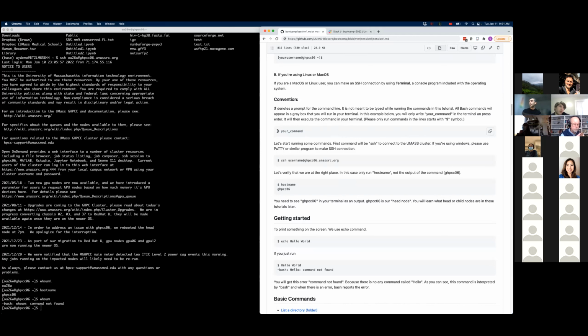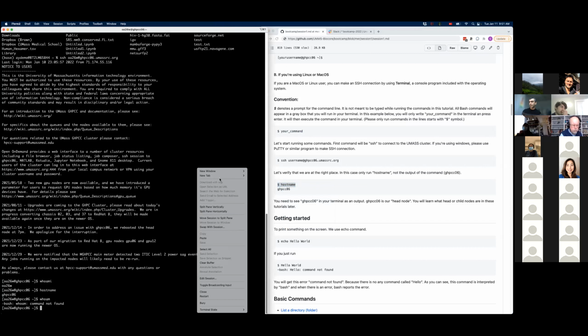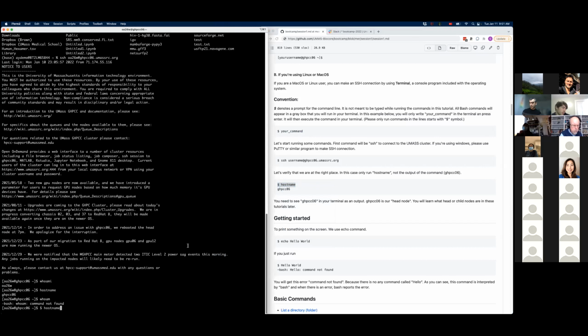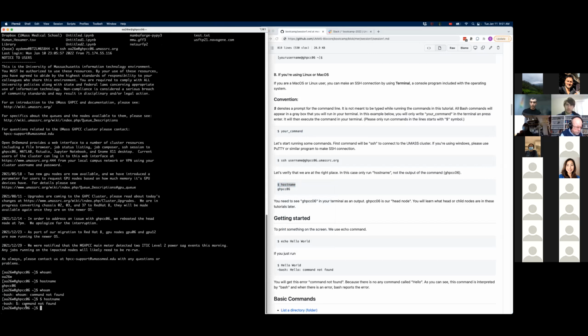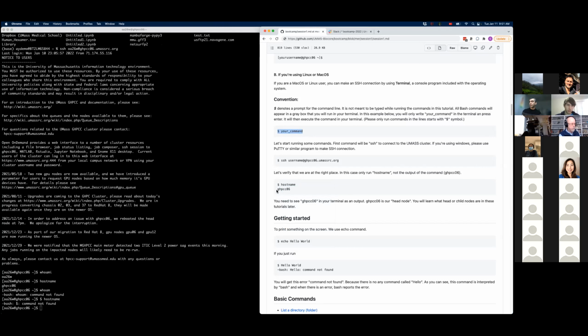A common error is copying the entire thing and typing it here. For example, if I copy $hostname and paste it here, I get: dollar, command not found. This is just to show you where we have the command, and when we don't have the prompt, this is the expected output of the command.